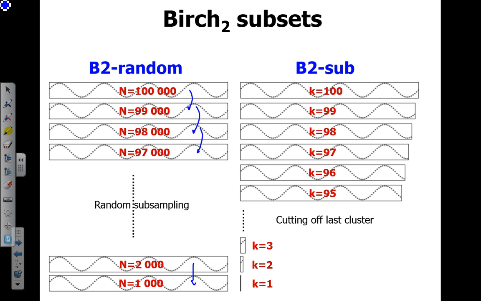The second subset, V2 sub, has also had 1000 data points removed one by one, but in this case I removed one cluster at a time. Here one more cluster has been removed, here one more, and so on, until here we have 3 clusters, 2 clusters, and 1 cluster. The rest of the data is the same: exactly the same structure, same overlap, deviation, and all other parameters, except that the number of clusters is reducing.